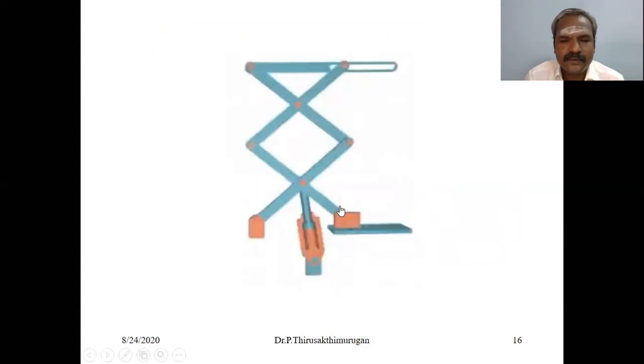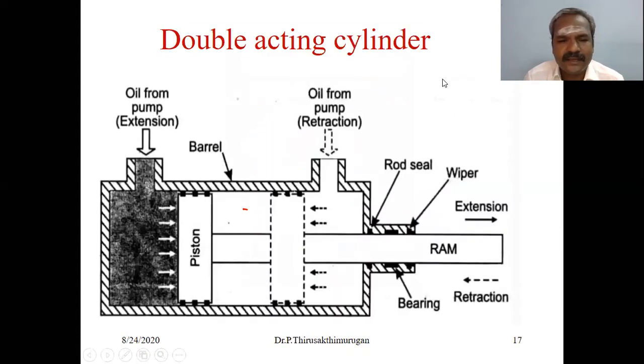See, this is a double acting cylinder. So oil is supplied on both sides. This is oil inside and outside. This is a ram, this is a rack or piston. This is the piston and rack or ram. Oil is fully extended on one side and this side is retracted. See the example.